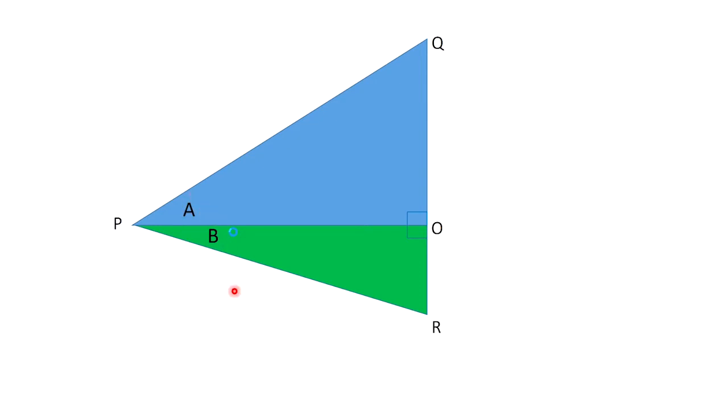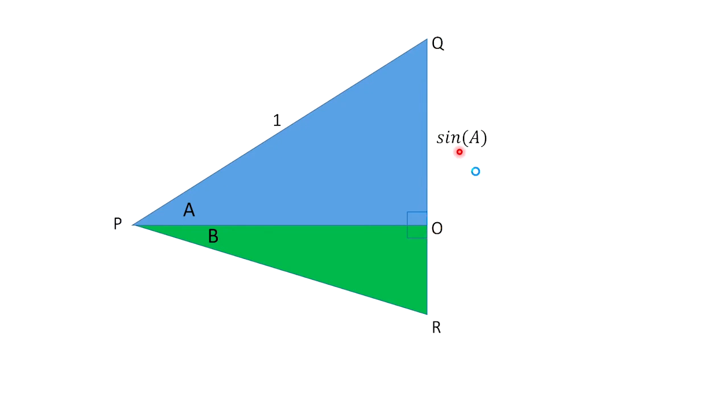Now, without loss of generality, we can assume this is 1. You can assume it's x, and eventually x will cancel out, but I would assume that it's 1. So if PQ is 1, then we know